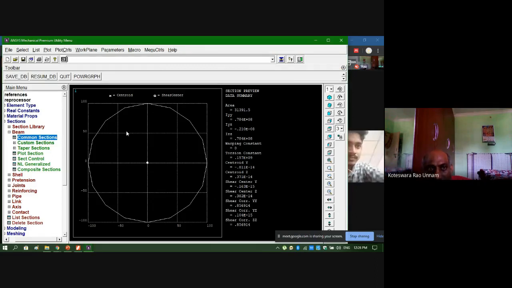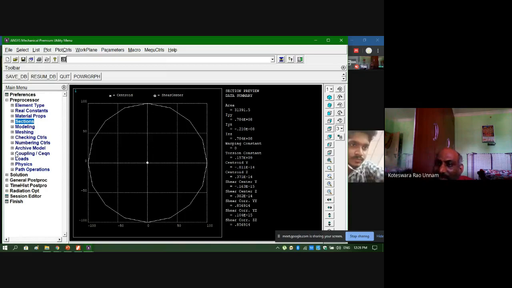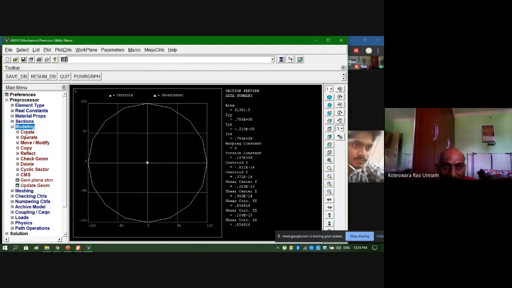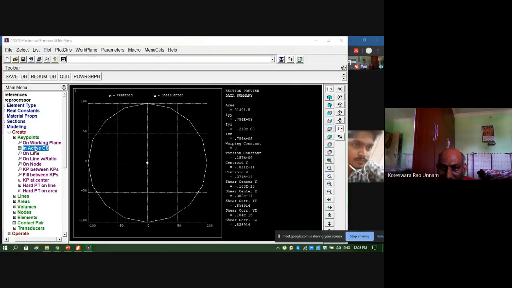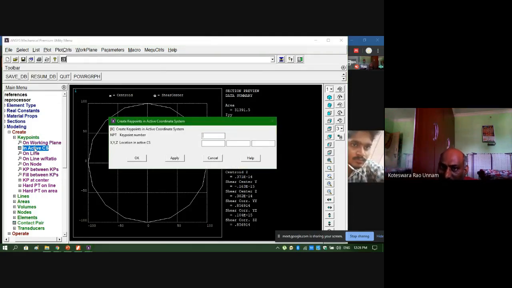It is done. Once you define all these things, I'll go for creation of the key points we discussed, 5 key points. For that, I need to go to modeling, create key points in active coordinate system, because we fixed our coordinate system at 0, 0. That is our active coordinate system. Here you can give the key point number, 1, 2, 3, 4, 5, or not.